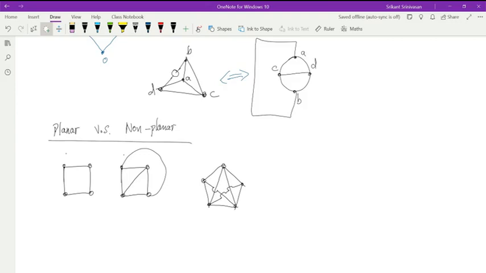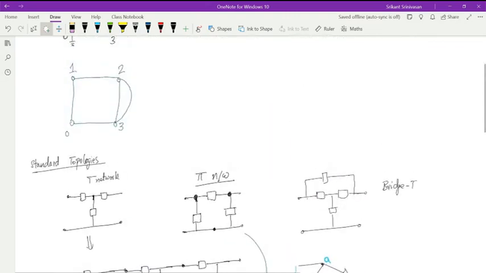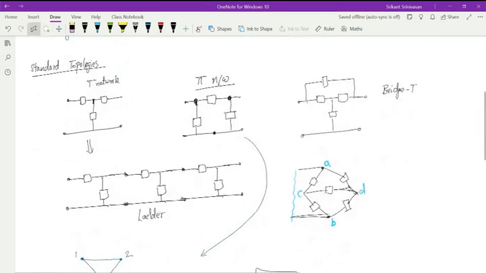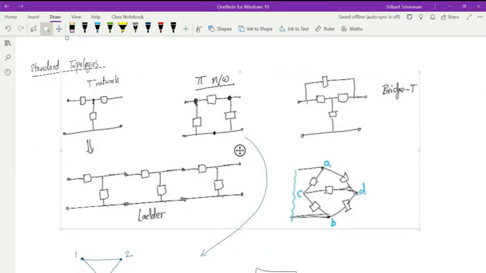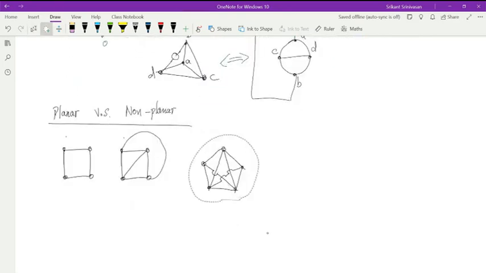So in these situations, it becomes easier to use network topology. That means if you are able to express every network in terms of its nodes and branches, then it becomes much easier to express the mathematical equations corresponding to these networks. Okay, so you have standard topologies which you can easily do, and then you may have complex topologies which you cannot express in terms of standard topologies. At that time, you have to come into this topological analysis. Okay.